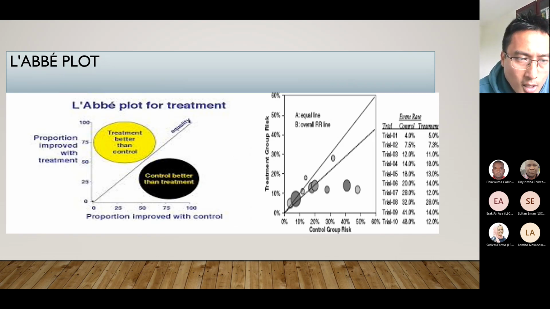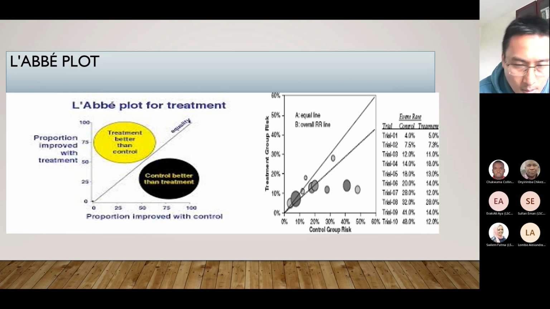The other plot is called the L'Abbé plot. The way we remember this is that the x-axis is always control, and the y-axis is treatment. This line is the equality line. If the data falls within the upper quadrant, it is called treatment better than the control. If it falls on this side, it is control better than the treatment. This is one of the examples of the L'Abbé plot,